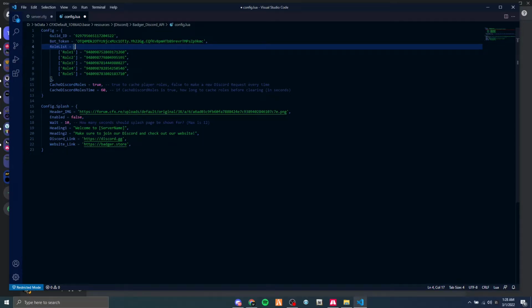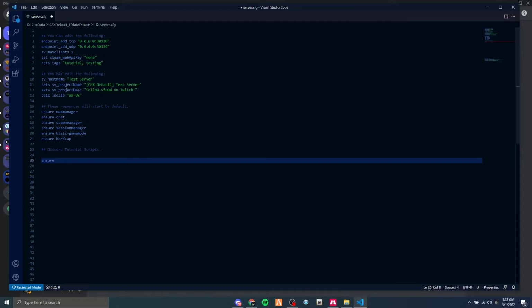And once you have all of those set up, your Discord API is set up and good to go. So you can close out of this at this point. You're not going to need this. And I'm actually going to go to my server CFG, and just so that I don't have to do this